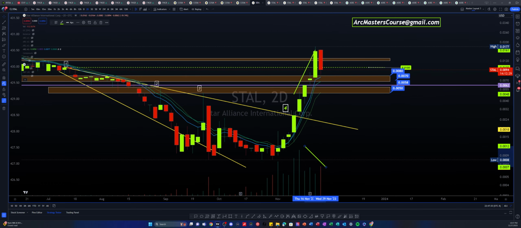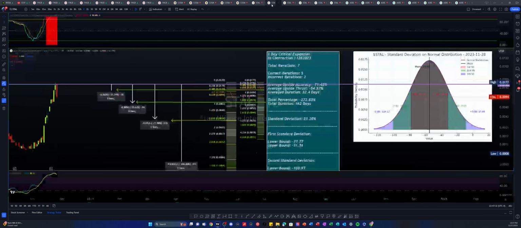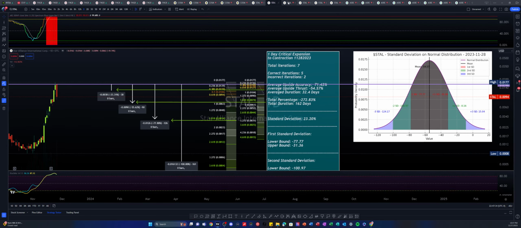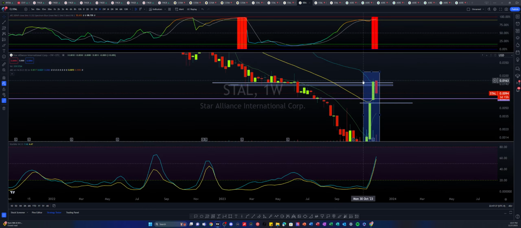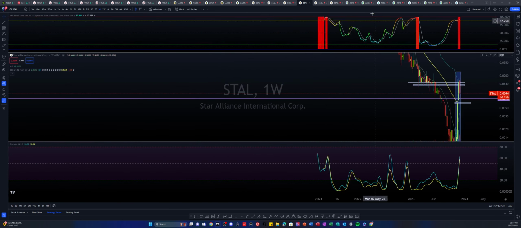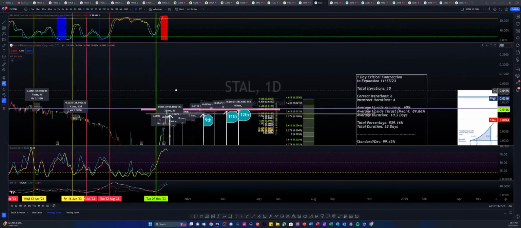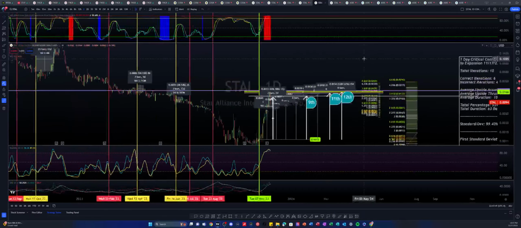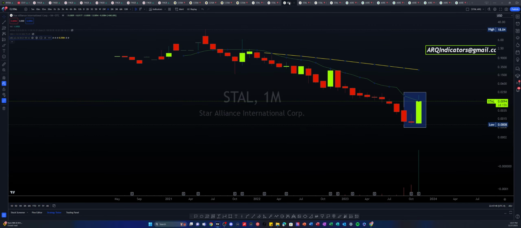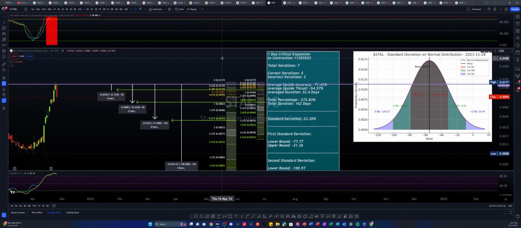So I have run a backtest, yes, for the downside, just like we did for the statistics or the probabilities here for the upside. I believe it was actually right here. So these were the probabilities for the upside targets, right? So this is where we ran that backtest. So I actually went a little more elaborate this time, just to kind of flex. Okay, so I actually created standard deviation on a normal distribution chart for ticker symbol STAL here